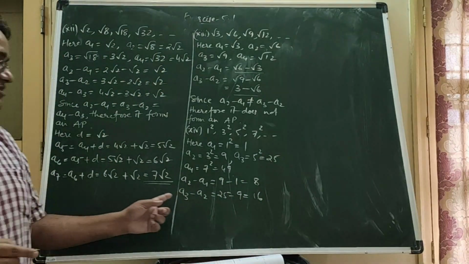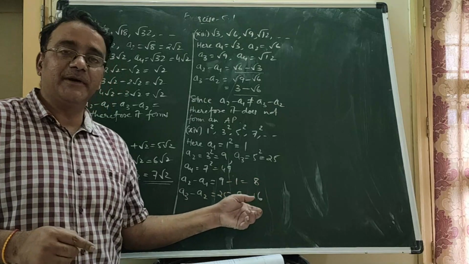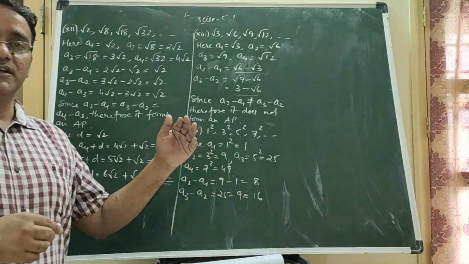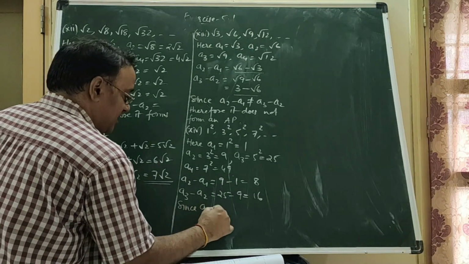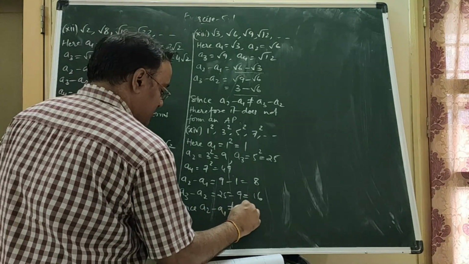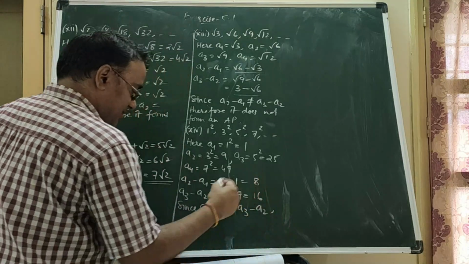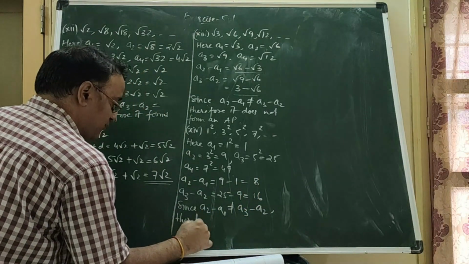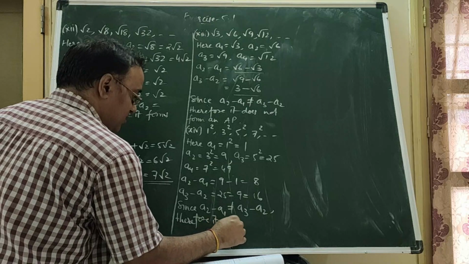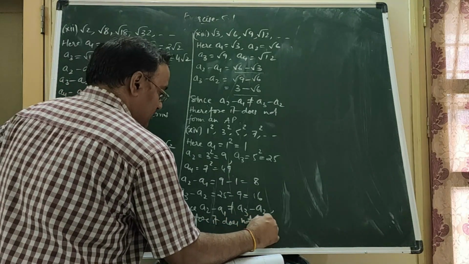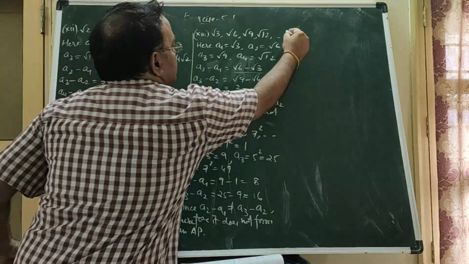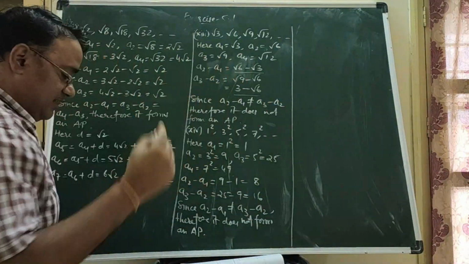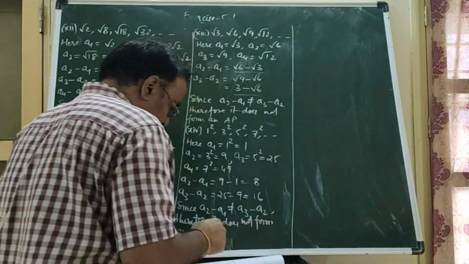The difference between these two are different. यहीं पर different आ गया, so we are not going for calculating the third difference. So we will conclude here, since A2 minus A1 is not equal to A3 minus A2, therefore it does not form an AP. Right? Now the next last question, last bit,